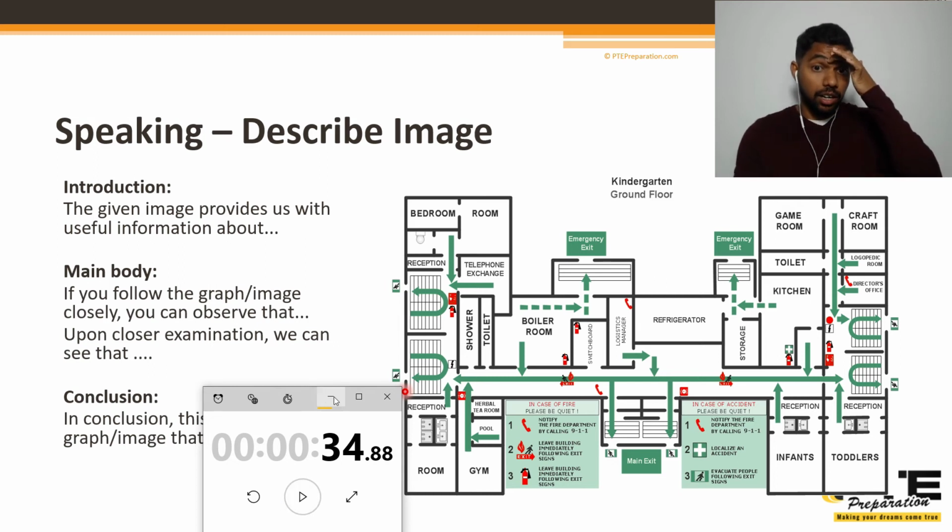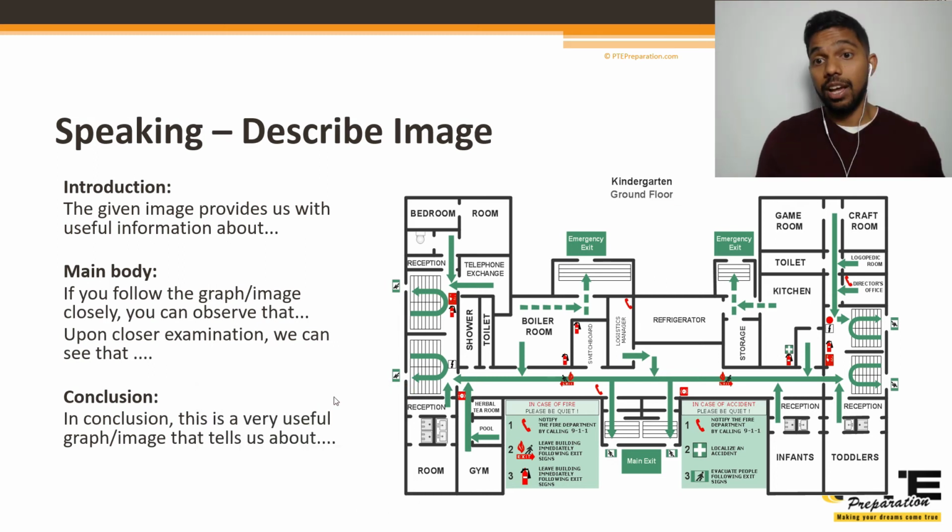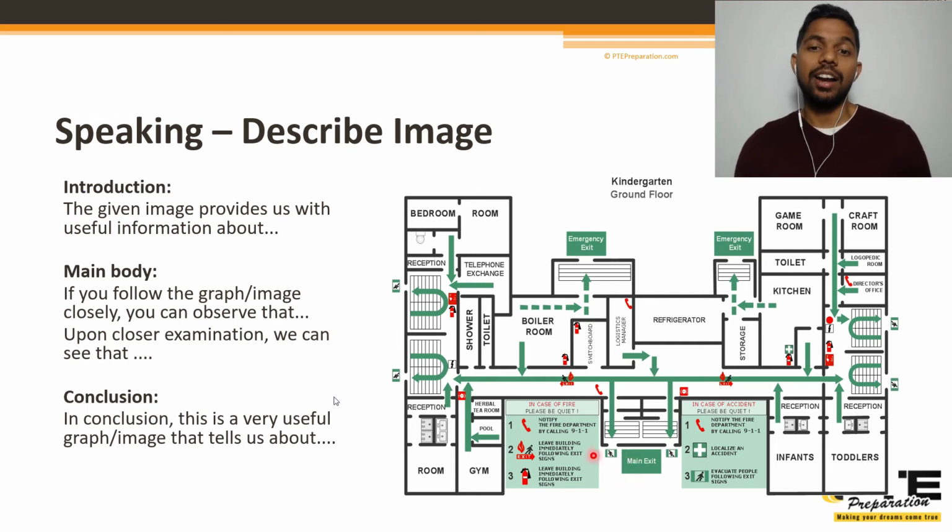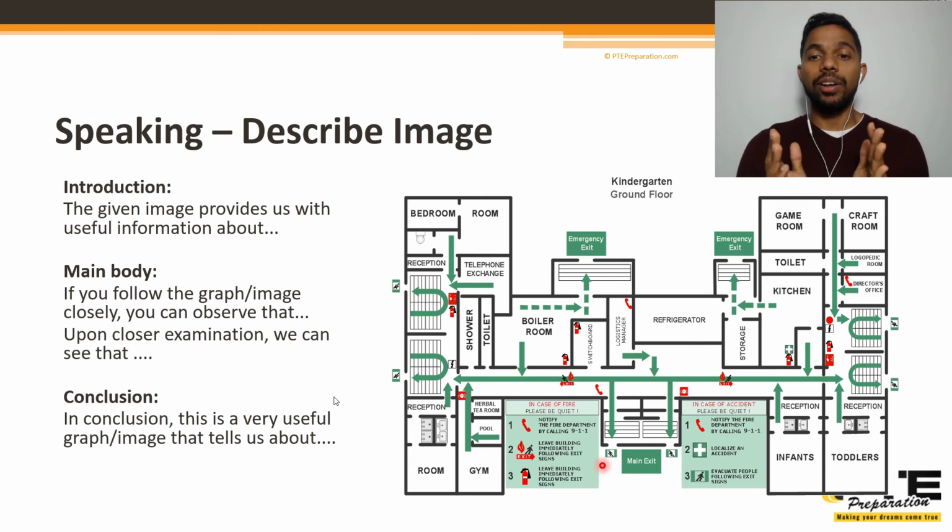Okay, so again, good answer from a perspective that I kept speaking. In terms of content, you might have noticed that it's not like 100%. I covered everything. I covered the main points, but here I made a grammar error where instead of saying there is one exit, I said there are an exit here. But again, the main point is, even though I'm noticing those errors as I'm speaking, I'm not correcting them. I'm just moving on to the next point.